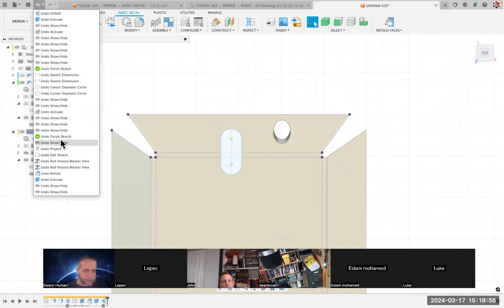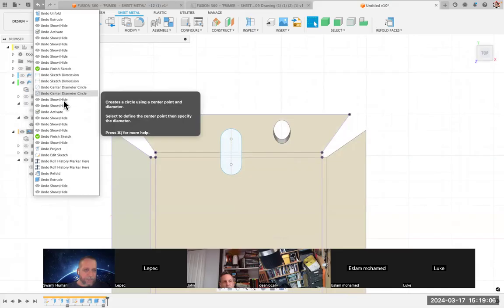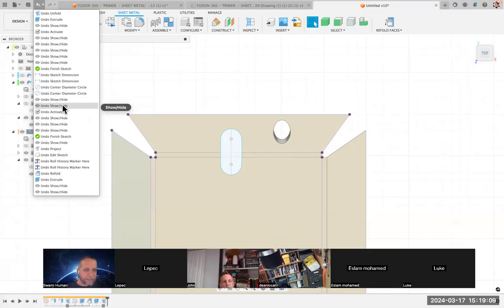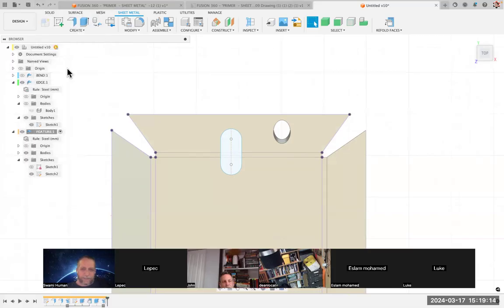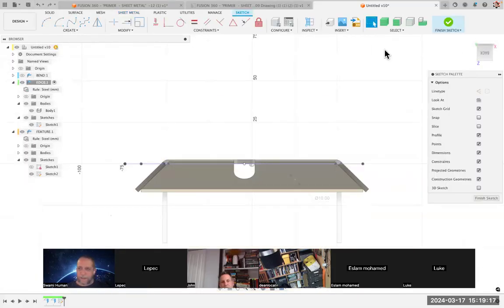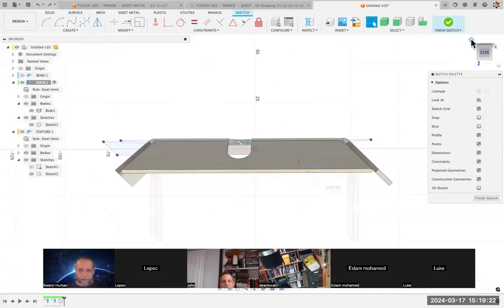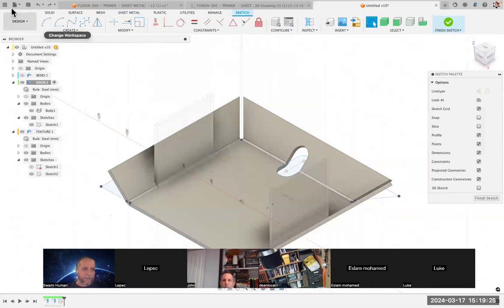Where did I make? Edit, sketch, project, undo, show, hide, undo, finish, sketch, undo dimensions, undo circle, undo hide. Where did I make my circle? Undo finish sketch. Let me go there and see what happens there. Give me a moment to find out where I am here. Right there, undo that. I think I gotta go back one more. Go back one, go back another,